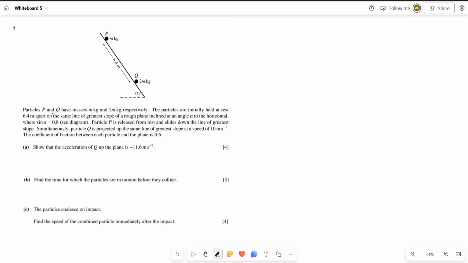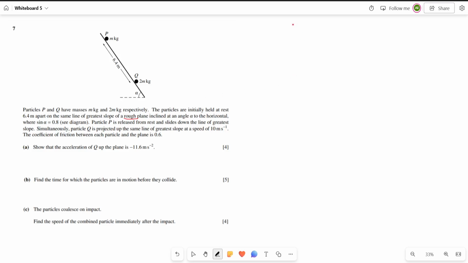So it says we have two particles, P and Q, where they have masses m and 2m kilograms respectively. The particles are held at rest initially with 6.4 meters apart. Their distance is 6.4 meters on the same line of greatest slope of a rough plane. So rough plane, I know that I have friction, inclined at an angle alpha to the horizontal where sine alpha